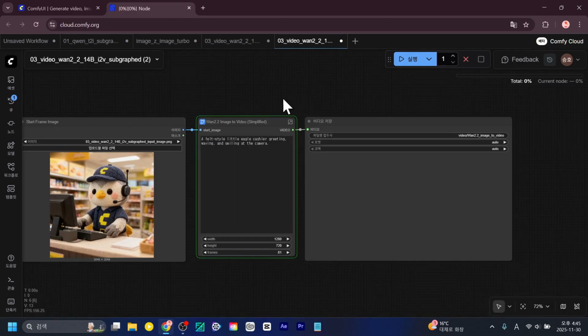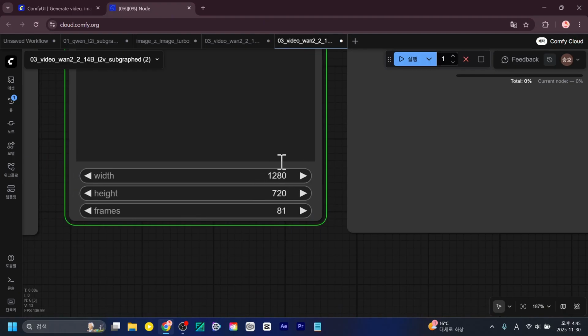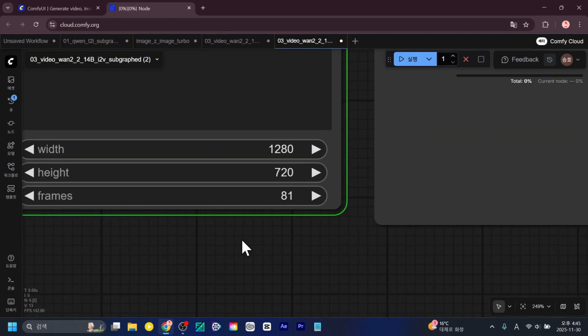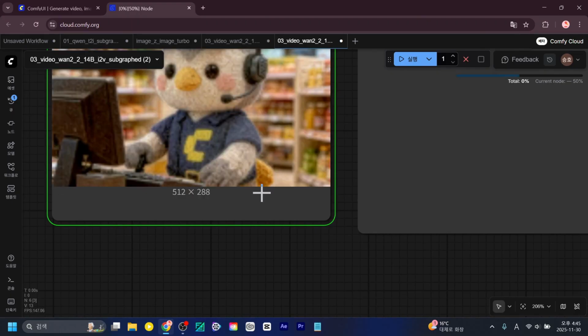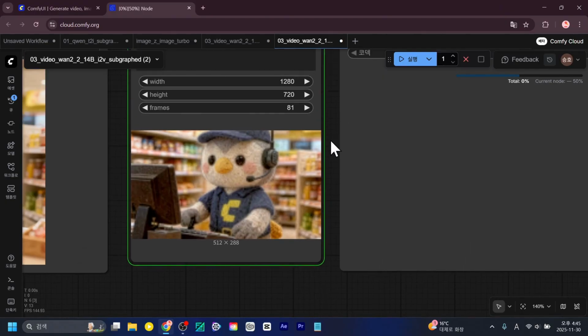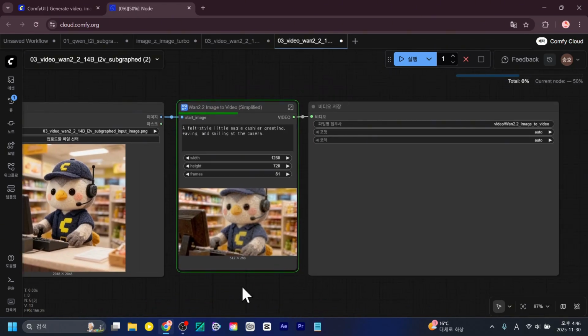The video generation speed also seems to be quite good. If you look at the bottom of the video, it's set to 1280 by 720, so it seems you need to produce it in HD quality. Next, the frame is 81 frames, but this specification means that, depending on the format, if it's square, it's 1280 by 1280, or 720 by 720. And if it's for shorts, it's 720 by 1280. So 1280 by 720 means it's in landscape orientation, so just keep that in mind. The fact that it's set to 81 frames means that the video being produced is about 5 seconds long. That's why you shouldn't touch this 81 setting. You should produce it as is.